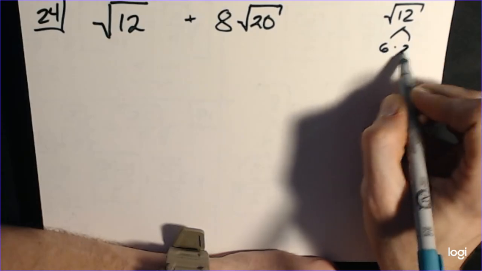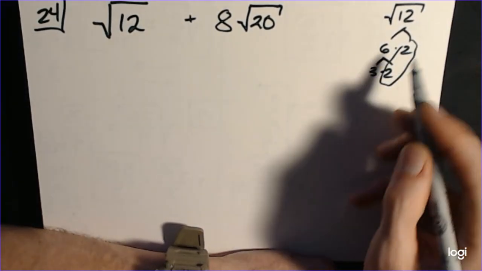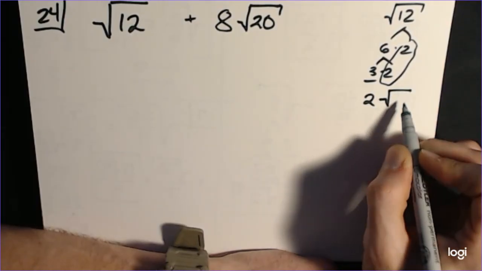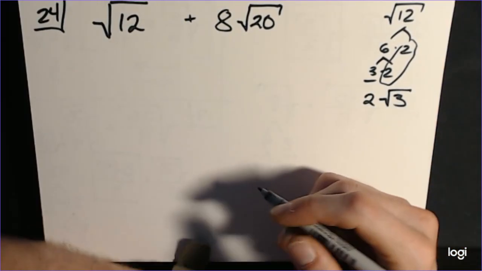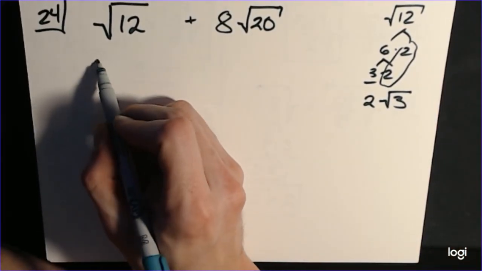So that is 6 times 2, which 6 is 3 times 2. So we have this pair of 2's right here that we get to remove, and that 3 that's left over, so we put it right back under the radical. So this is now what we get to substitute back in for this square root of 12. So I write that here,